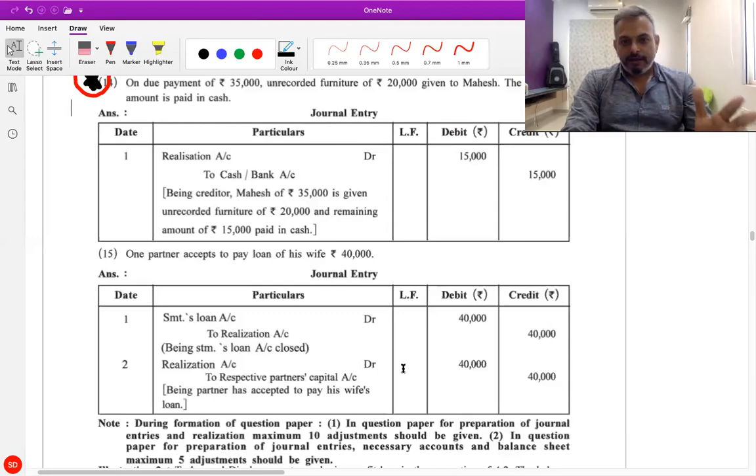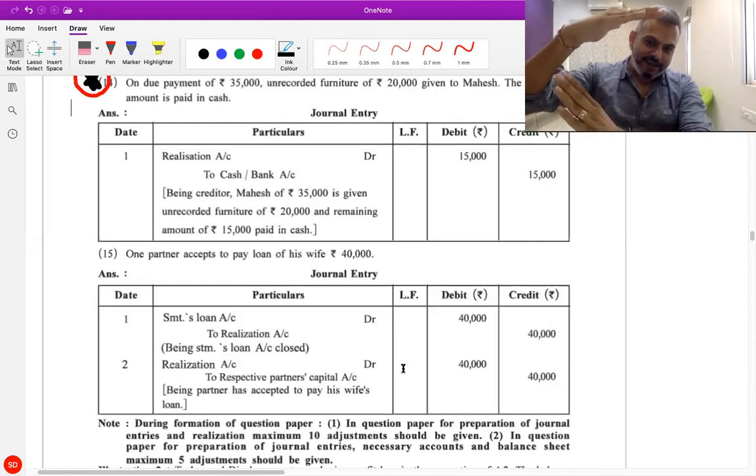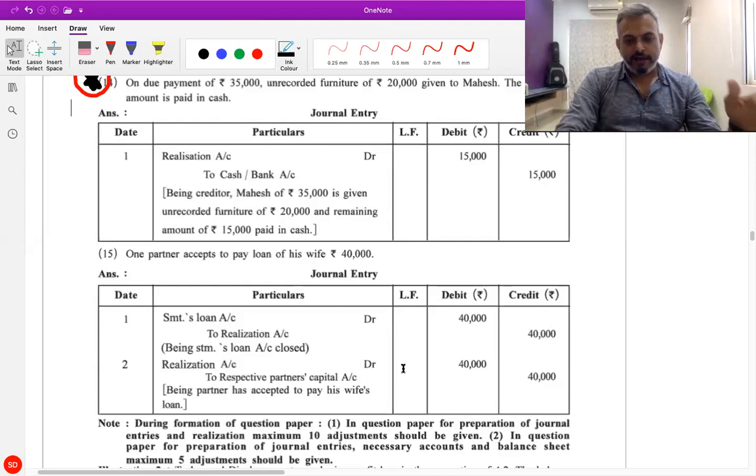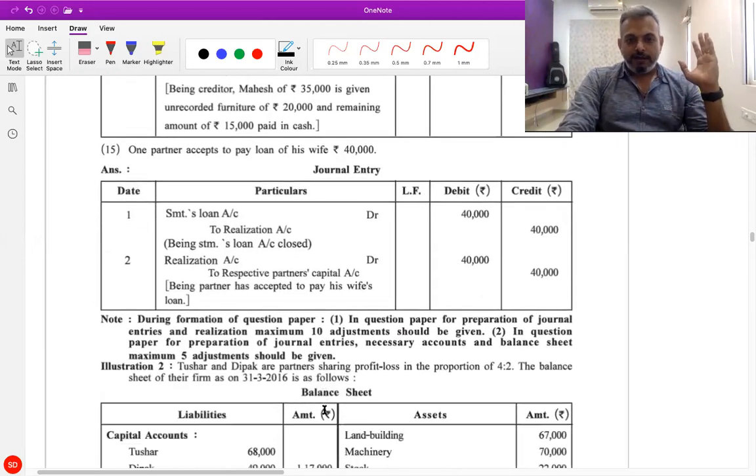कैपिटल अकाउंट क्रेडिट. यहाँ पे कंबाइंड एंट्री भी पास कर सकते थे, पर अलग अलग किया है टेक्स्ट बुक में, तो वी आल्सो फॉलो द सेम. कंबाइंड एंट्री कैसे कर सकते थे कि श्रीमती लोन अकाउंट का अलग से ही अकाउंट बना दिया, वहाँ पे बैलेंस क्रेडिट साइड ट्रांसफर किया और डायरेक्टली टू पार्टनर्स कैपिटल अकाउंट करके उसको क्लोज किया. बट अलग अलग किया है तो थ्रू रियलाइजेशन ही हम रूट करेंगे.